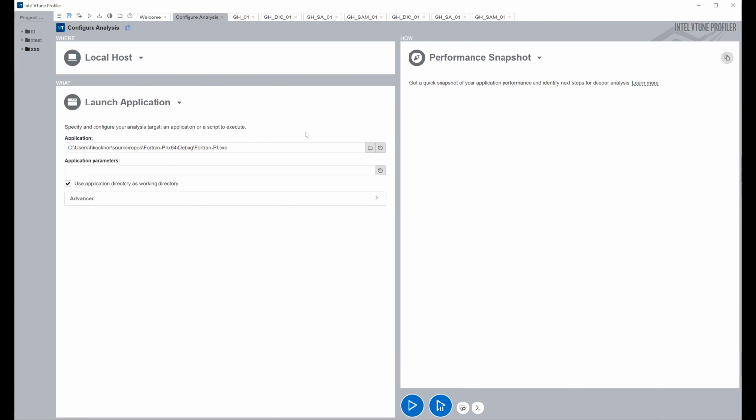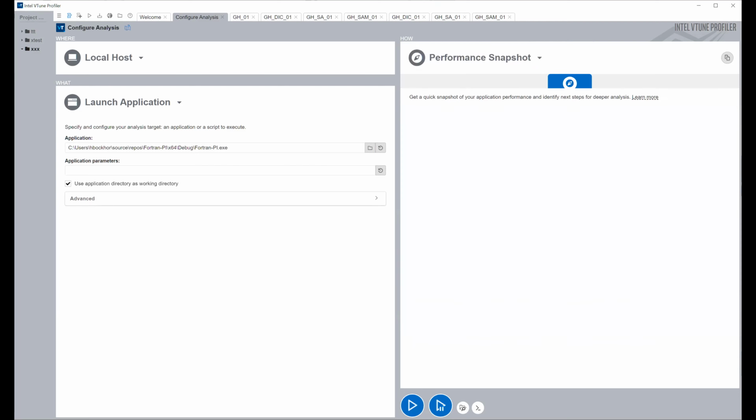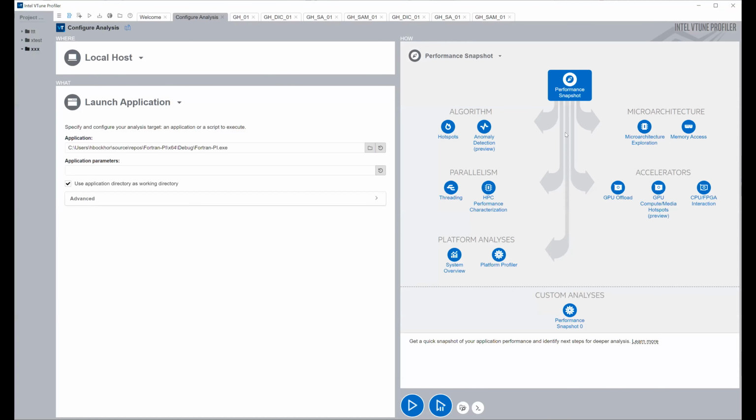So this is some Fortran example, but never mind. It shows here then as the first analysis type the performance snapshot. And when you click on it, you see this tree that we've seen before about the analysis types. And you can do the performance snapshot first, so the interesting next steps will be highlighted, or you can directly go to the